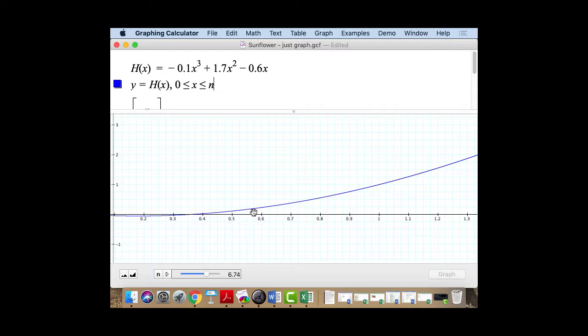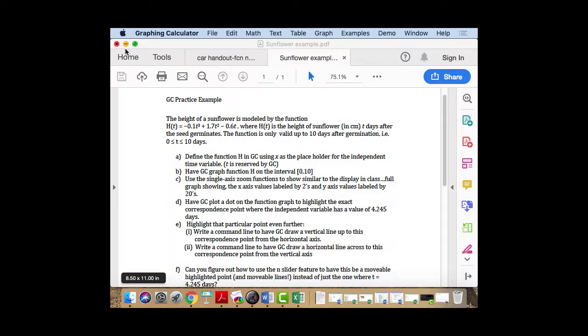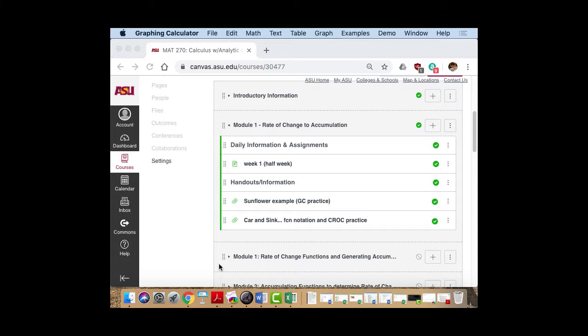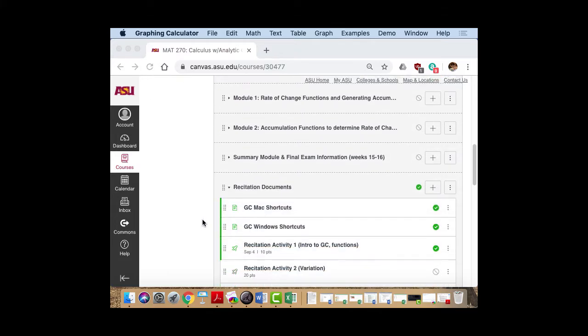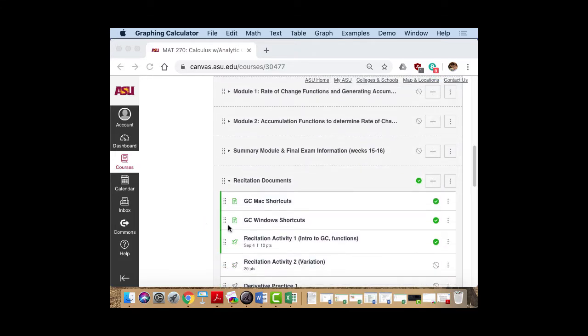But in any case, just a little bit of GC stuff. I hope that maybe that's a little bit helpful in terms of your recitation assignment that you have to do. That recitation assignment, again, by the way, is in GC. You won't see quite as many things as I've got here, but this recitation activity 1, if you click on it,